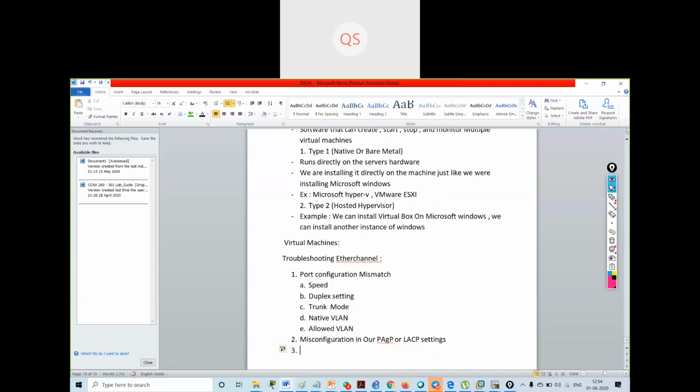Then the last thing that we can say is suboptimal load balancing algorithm.